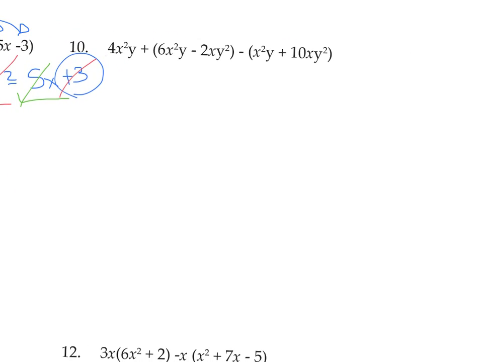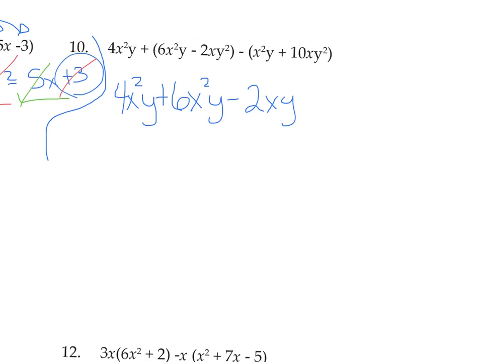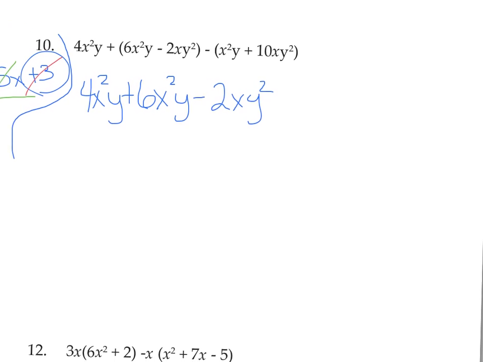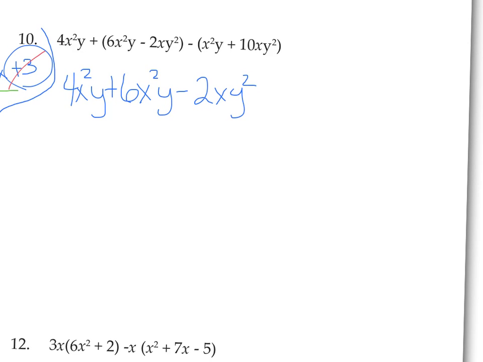Okay, on number 10, we've got a monomial here plus a binomial. So no signs changing here, and then we're subtracting this binomial. So these signs have to change. So that's right. Let's do that. We have 4x squared y plus 6x squared y minus 2xy squared. So we really need to be careful as we're writing these. And then back here, distribute. So negative x squared y minus